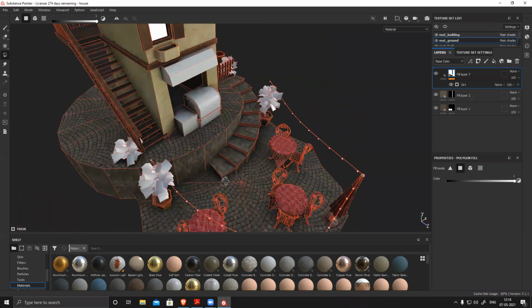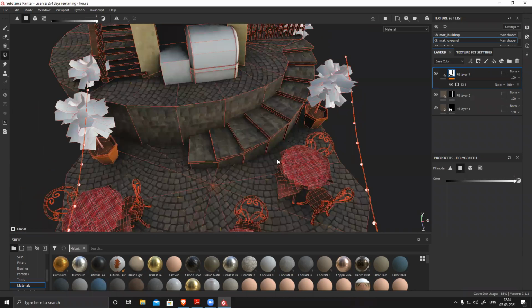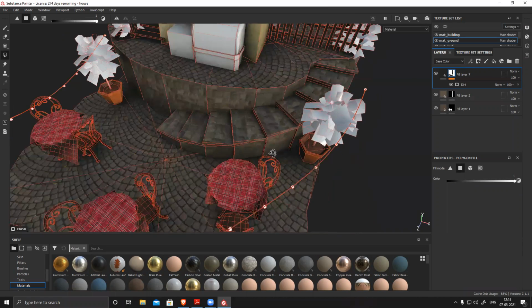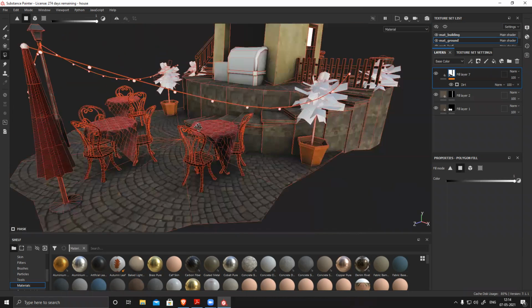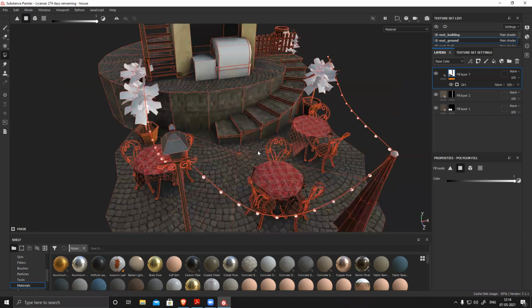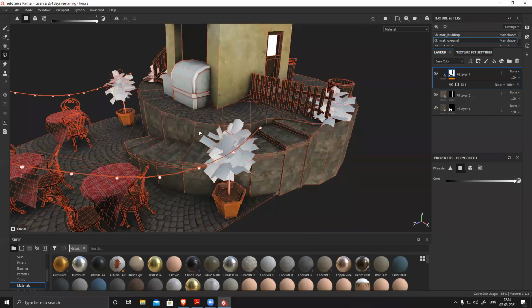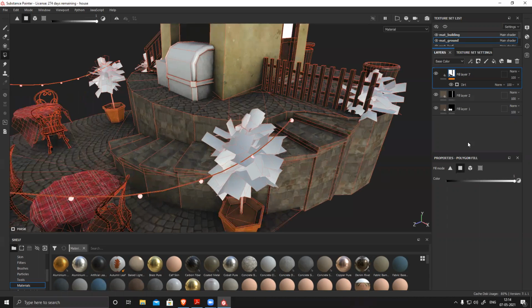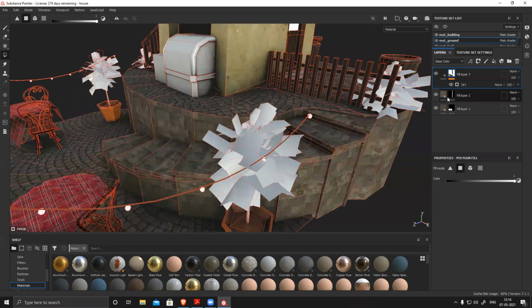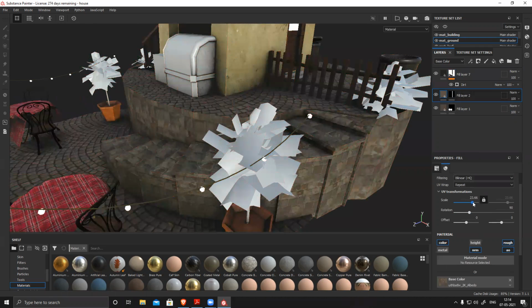So now it looks much cleaner, as in blended properly. So this is kind of fine, but I am using a realistic texture. Okay, this part I need to tile it more.